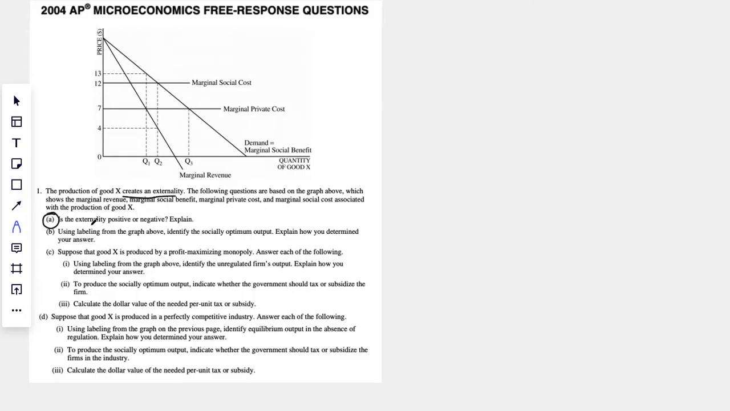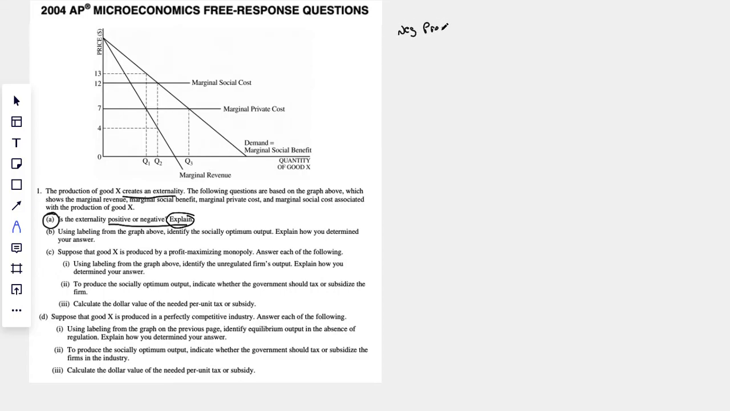Is the externality positive or negative? Explain. We can look at this and clearly see that our marginal social cost is greater than our marginal private cost, right? We also know with those two cost curves, it must be a production externality. We tend to think of negative